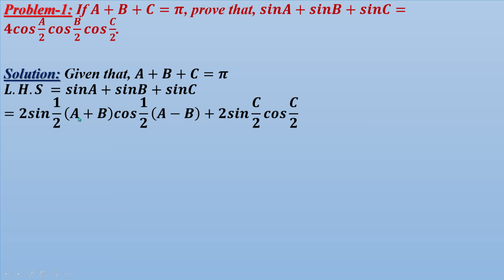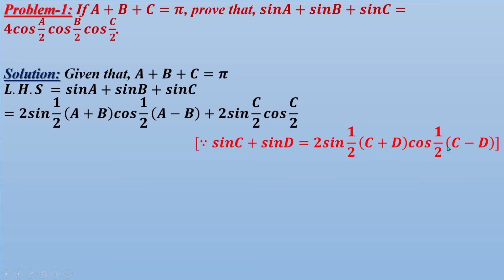As here is a, so here will be a plus, and here b, so here will be b, and like this way we can write here a minus b, and here is sin c. Sin c, we can write sin 2 into c by 2, that means sin 2a. Sin 2a this equal to 2 sin a cos a. That means this formula is used here.